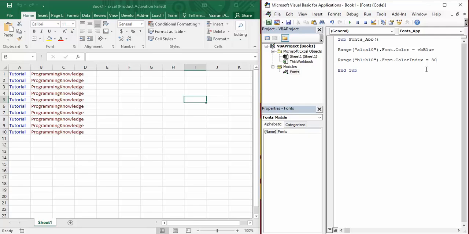If you want green, you've got to type VB green and the text would be colored green. But in the case of color index, if you are searching for green, you've got to search for the right index by providing different index values and then getting the right shade. So that is a limitation of the color index, but still it's totally up to you. It's totally your choice, whatever you want to use for colors, you can use everything that you want.